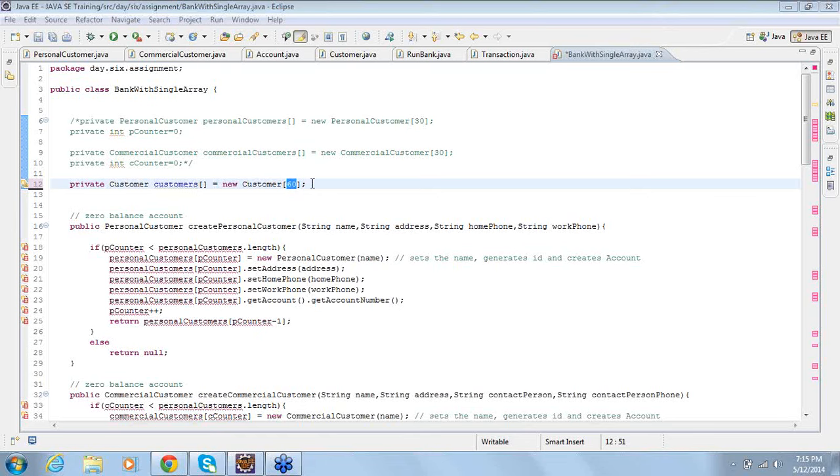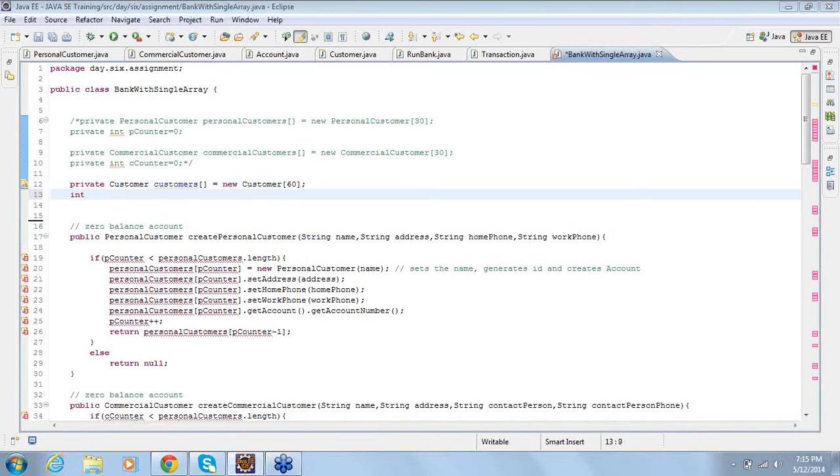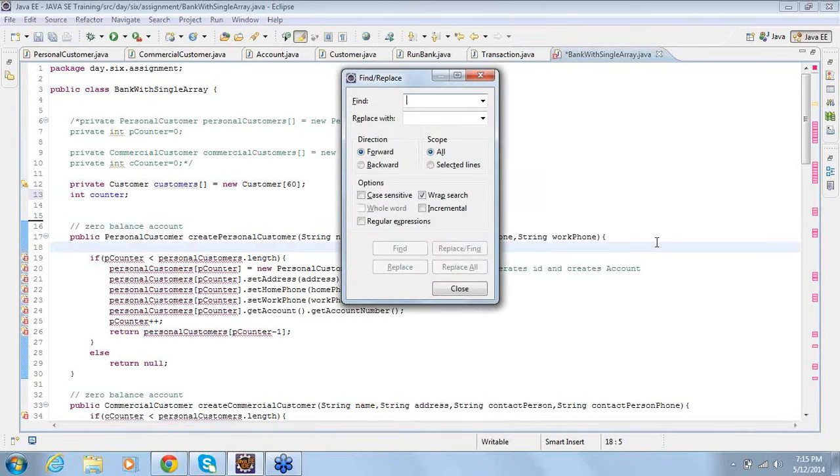Now here we go, in counter. So let me quickly change it. Okay, so let me do this. Control F. Wherever you have P counter, let me change it with counter.